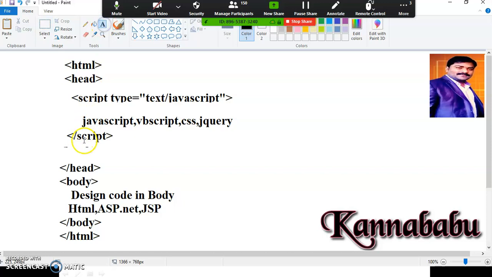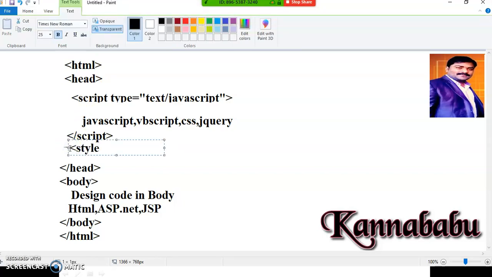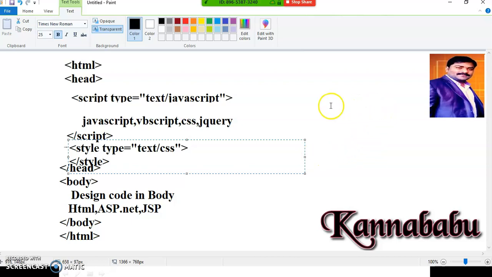But a style code you have to write with the style tag. Type is equal to text slash CSS. And here you can close the style tag. Okay? So whenever you want to work with what?